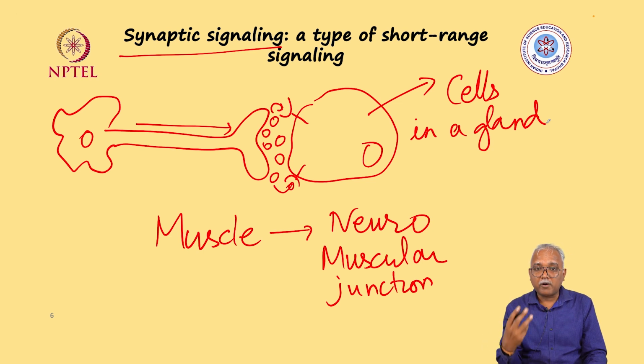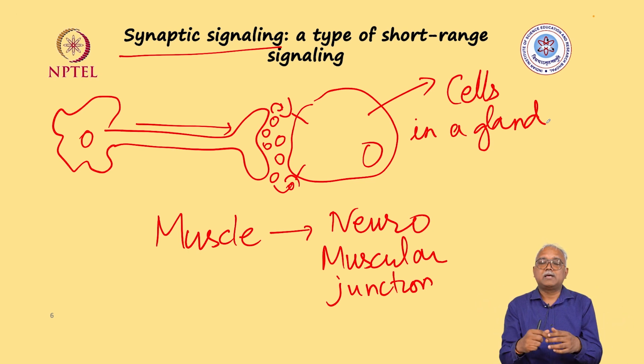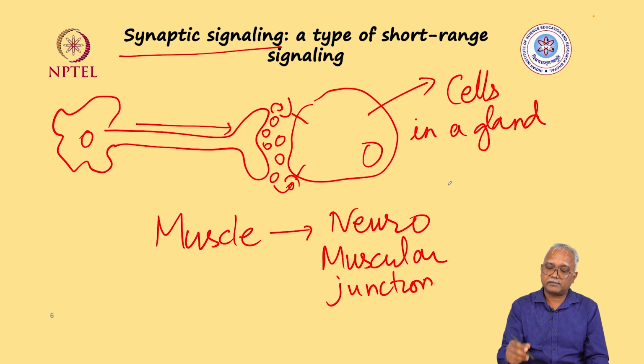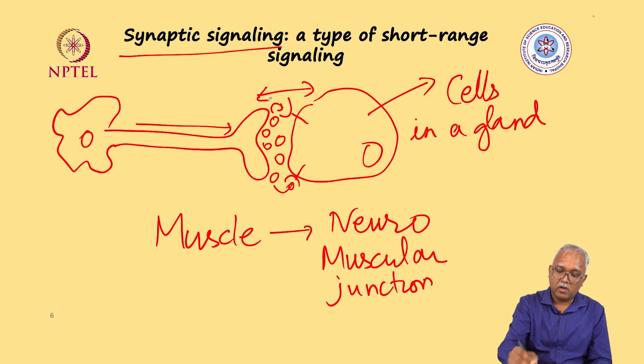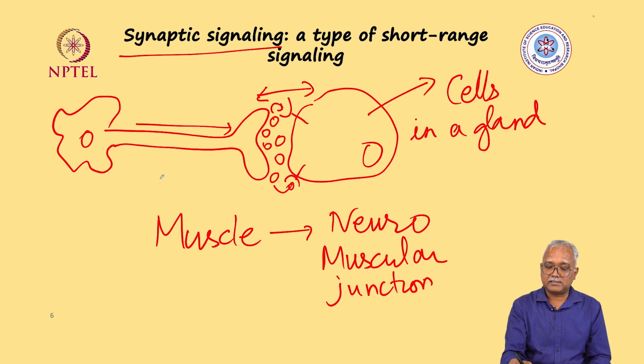Similarly, for the hormones which are produced in neuronal structures, you probably understand that the brain has two distinct neuronal structures, the hypothalamus and pituitary, which are neuronal in origin and nature, and they produce hormones. So over there neurons are producing hormones and they are working on different cells. So the synapse is where one neuron is forming a junction with another neuron or with another cell type. Here it is a classical example. If you see in this case, it is a short range signaling, right?